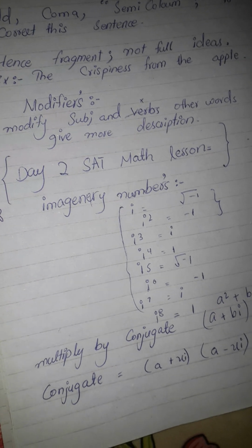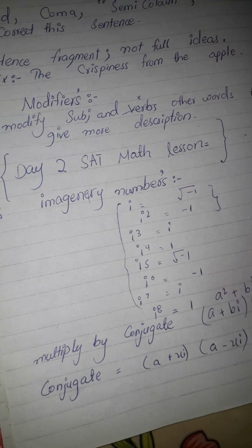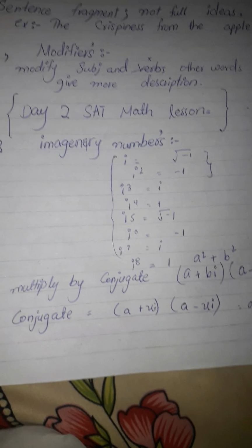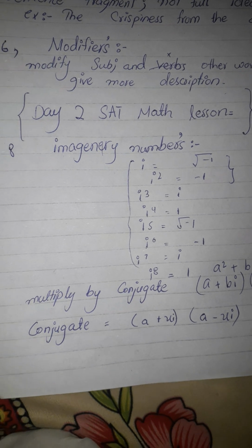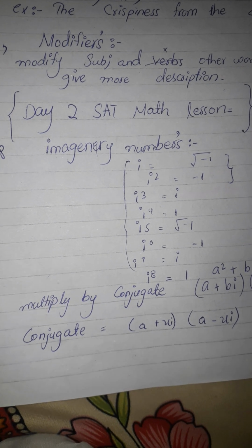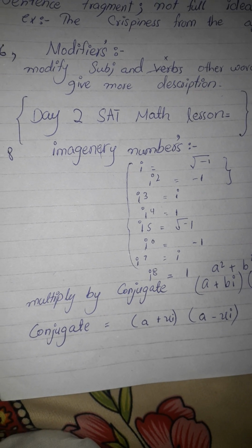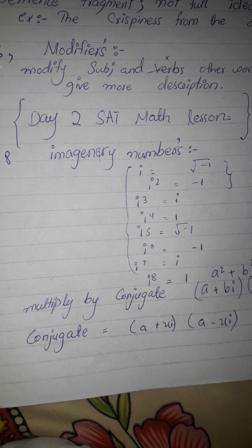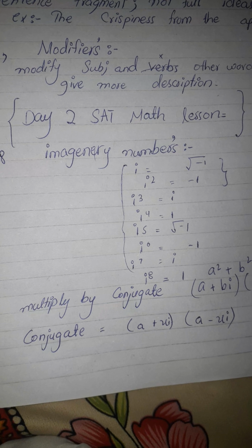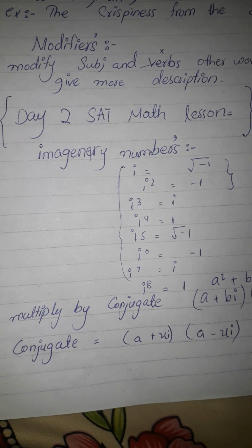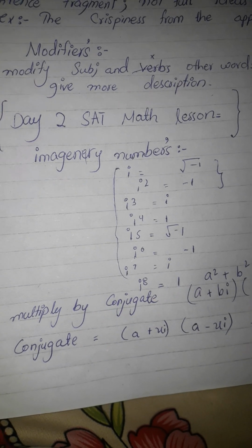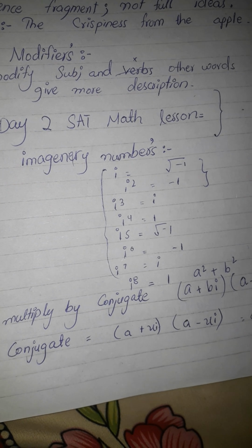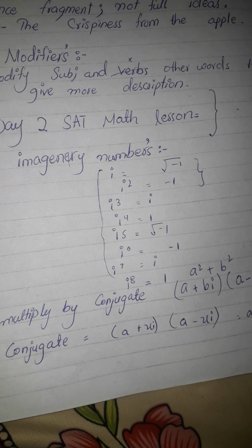maths, and of course at first we will be covering imaginary numbers. Now if you are ninth or 10th grader, you might know this. What is an imaginary number? An imaginary number is a number that is totally opposite of a real number. It can consider such numbers that aren't coming in its own value, its own table, cannot be multiplied by its own value. That's what an imaginary number looks like.